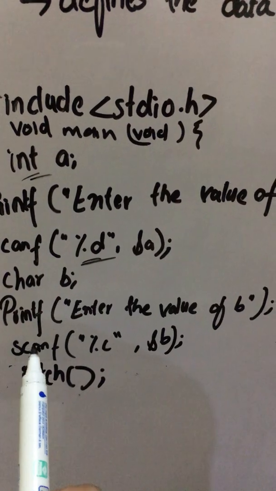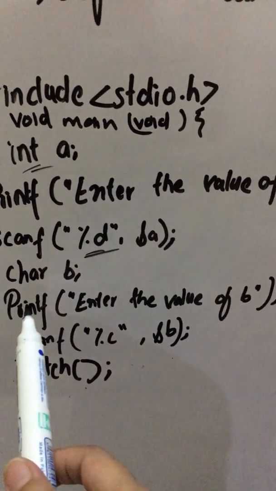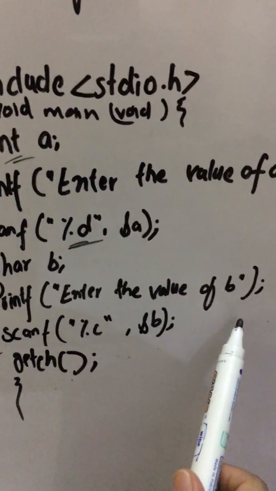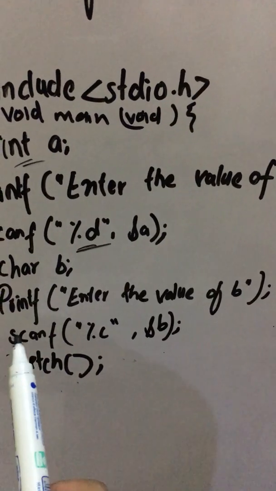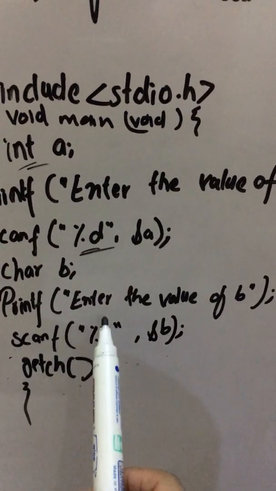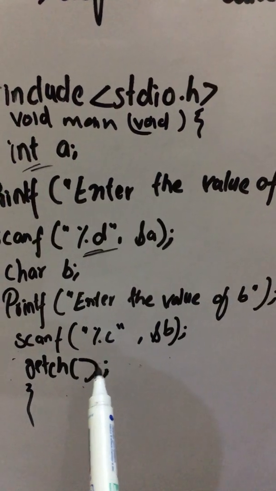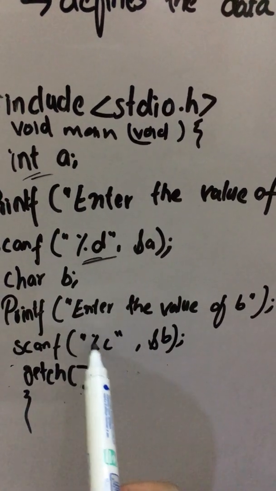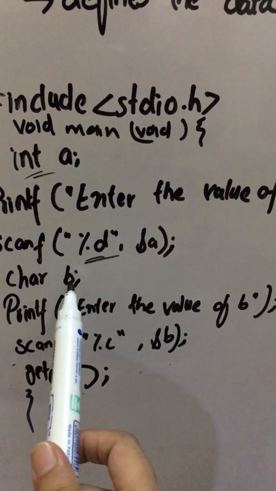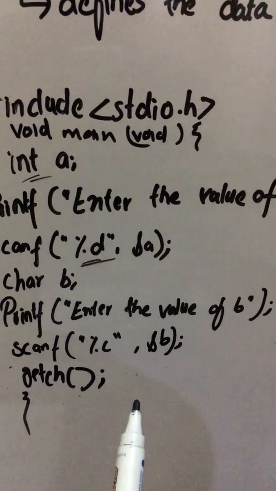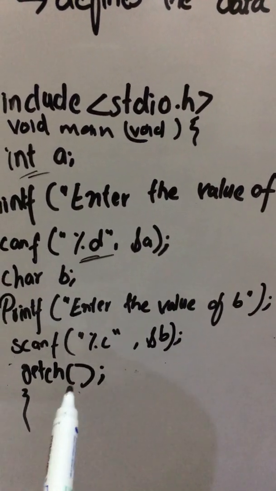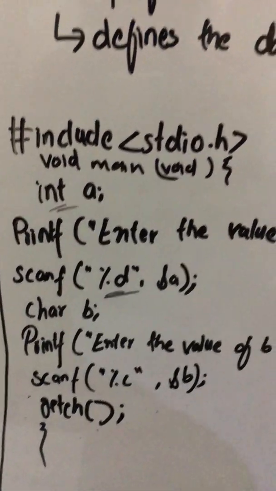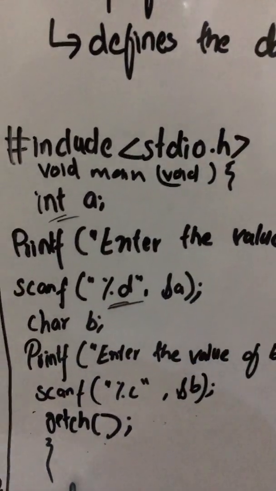Then you have another line, in which you are saying printf enter the value of b. This line will be printed on the screen as it is, as it is in the quotes. Then you write scanf. This is an input function with %c. %c means that here it is a format specifier used for character type. Why character? Because our b has a data type of character. Then &b, and then you have closed the program with a curly bracket. Why close the bracket? Because here we have opened the bracket.